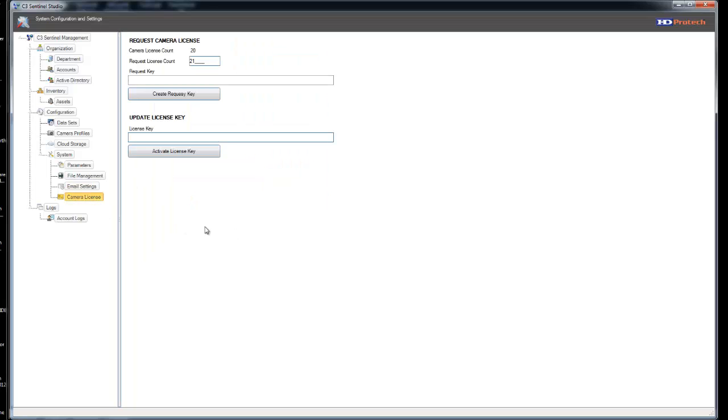Then we come to camera license. The camera license is the number of cameras that the system allows you to put into the inventory assets, which we will come to here in just a minute in one of the next videos. So you can plug in all kinds of cameras into the system, that's fine, and it will download the files